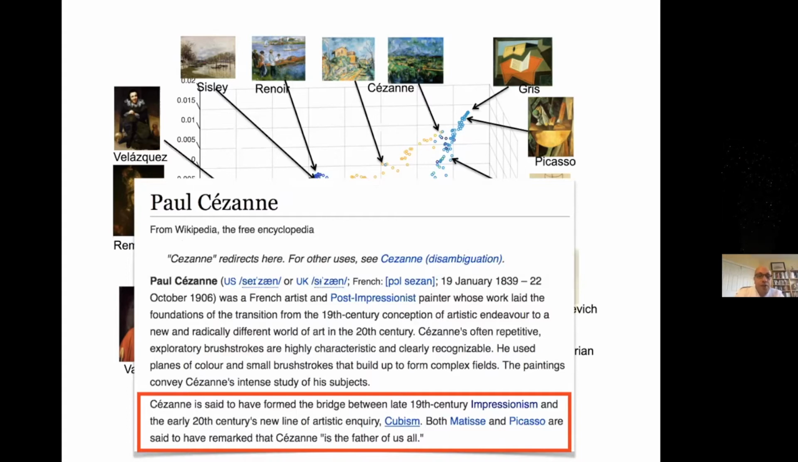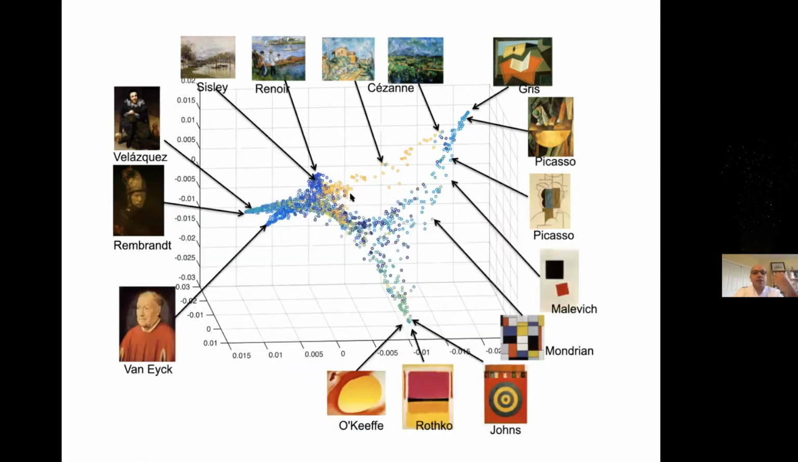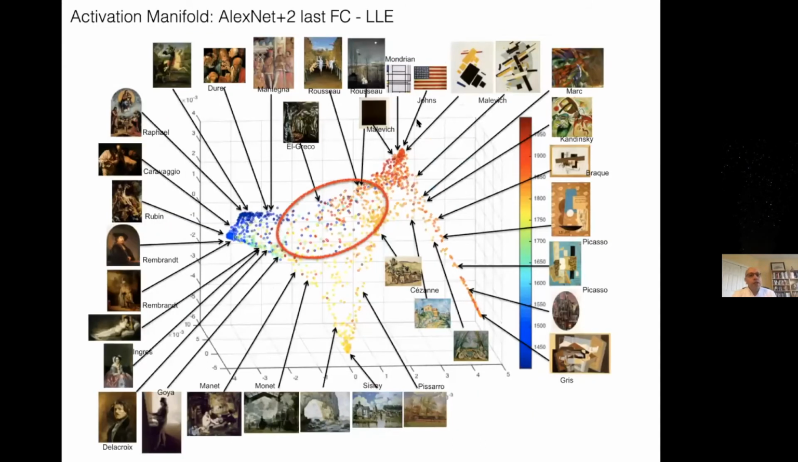And that's very interesting, because this is not only a metaphor, like bridge here is not a metaphor like in art history, but actually it's something that you can almost touch in the data, in the visualization. You see how Cézanne is really connecting this. Not only that, but another interesting thing here, if you look at this manifold